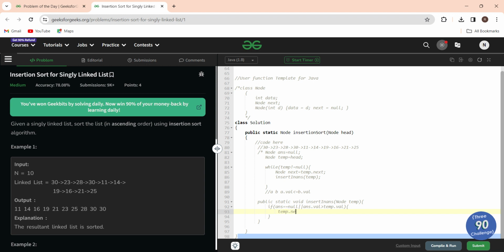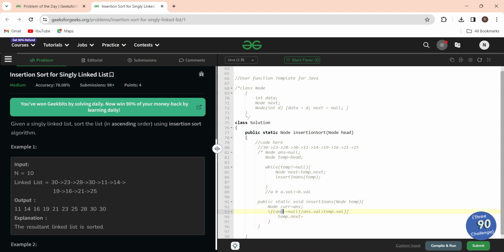Now we will store temp.next equal to... okay, it's a best practice that whenever we want to modify the existing list, it's better to store the list in another variable and modify that variable so that it will not disturb the original list here. So in order to not disturb the original list, we need to store that in a separate variable and modify that separate variable. This is the best practice in linked lists, so that we don't lose the data here. Okay, so temp.next will be,